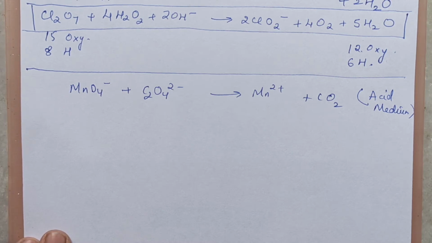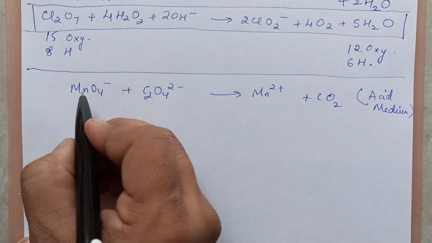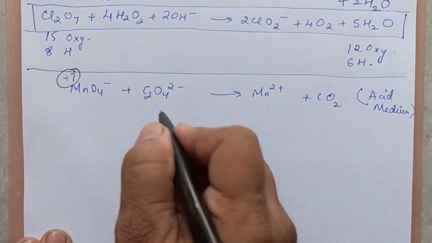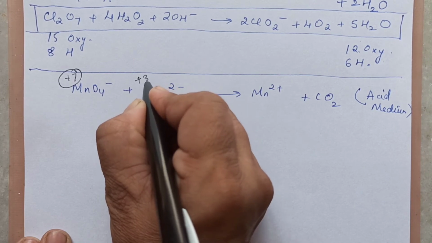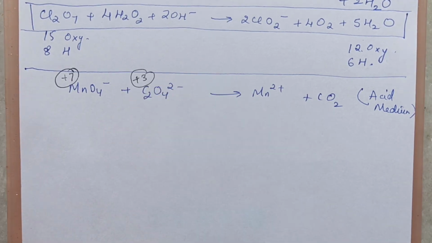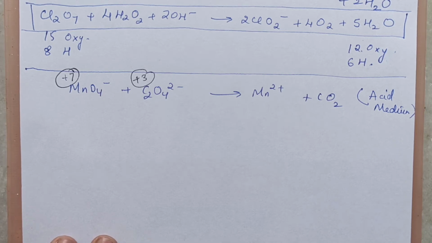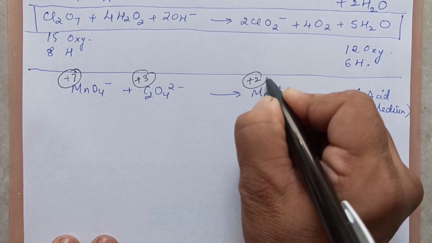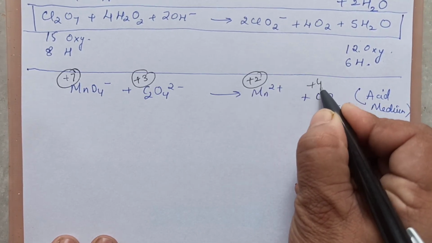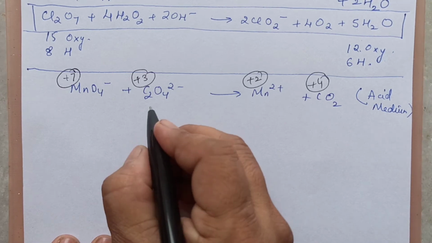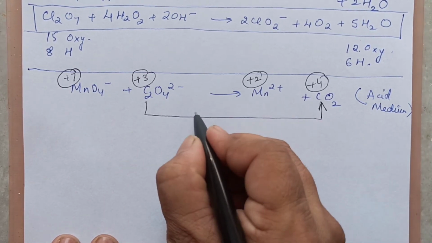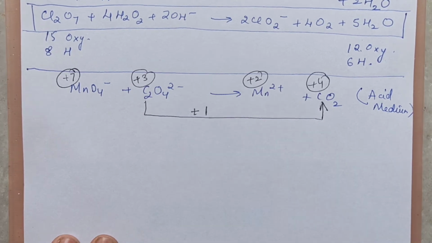First step remains the same. You are writing the oxidation states of the elements. Mn is plus 7. In this oxalate ion, carbon you are calculating is 3. You must be wondering why I'm not writing for oxygen. Oxygen is not changing. I am just mentioning those elements which are changing in the oxidation state. It's a monoatomic ion, so plus 2. This carbon is plus 4. So in a way, carbon from 3 is becoming 4. That means it is increasing by 1.